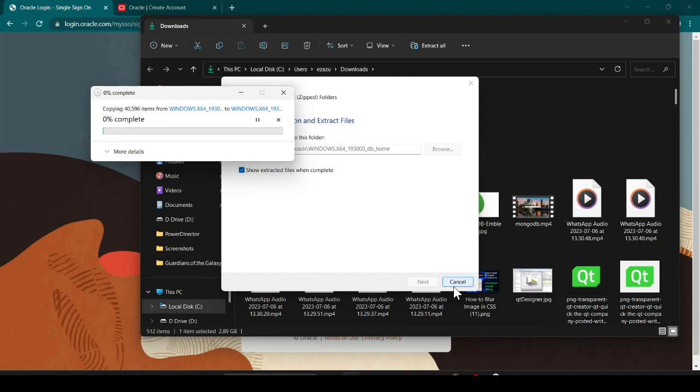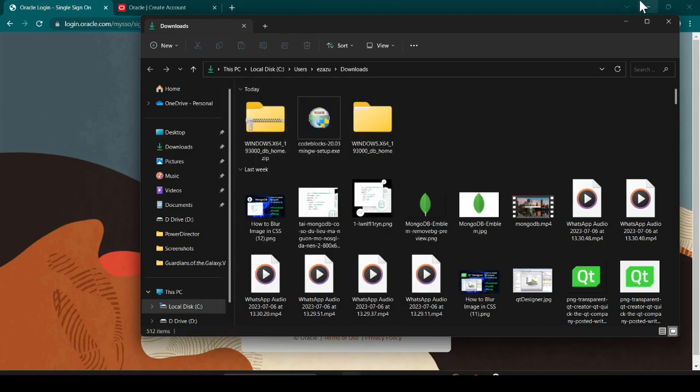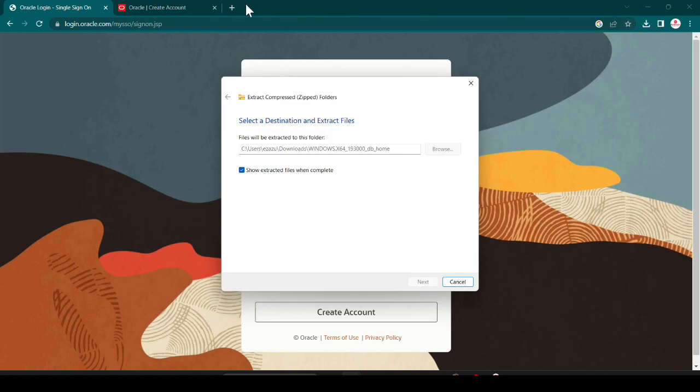You can see it is extracting 40,596 files. It will take some time, and for the time being, I will download